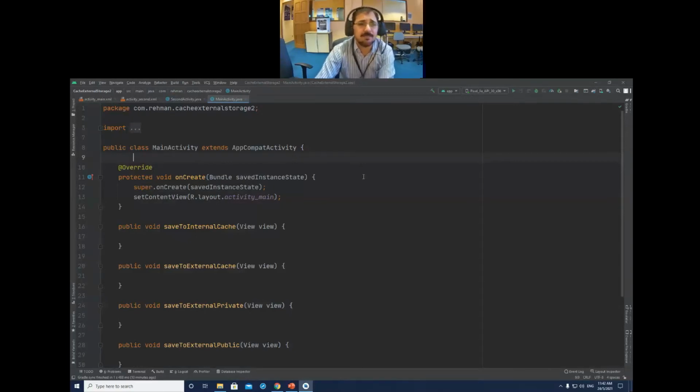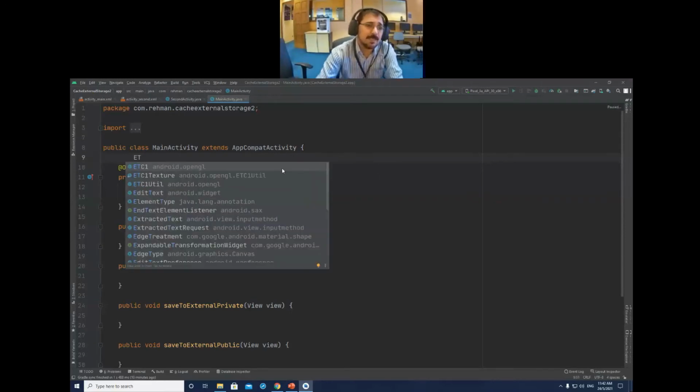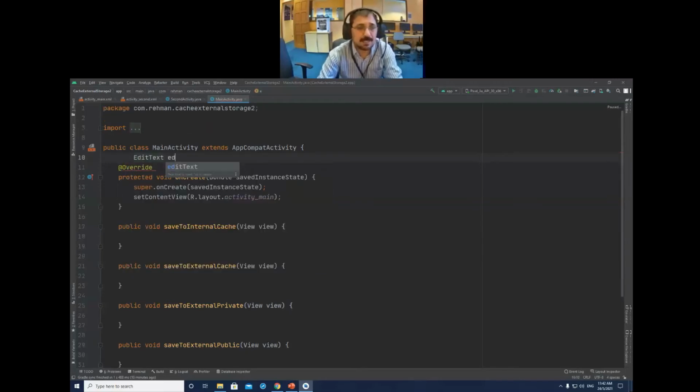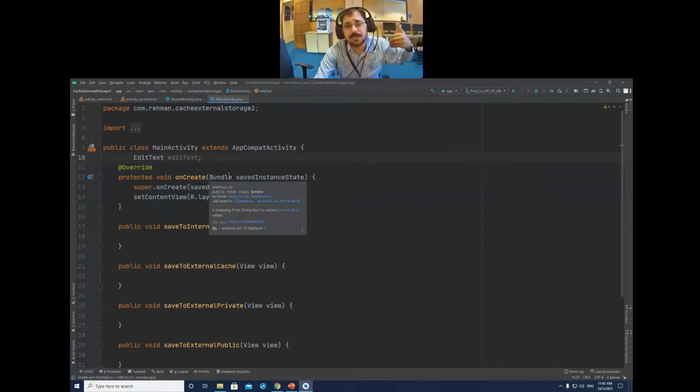So first of all, we need to create a reference to the edit text because in the edit text, the user will type the text and we need to get this text and then save to the different storage directories. So therefore we need the edit text reference variable here. I am defining it before the create event because I want to access this one in several methods.